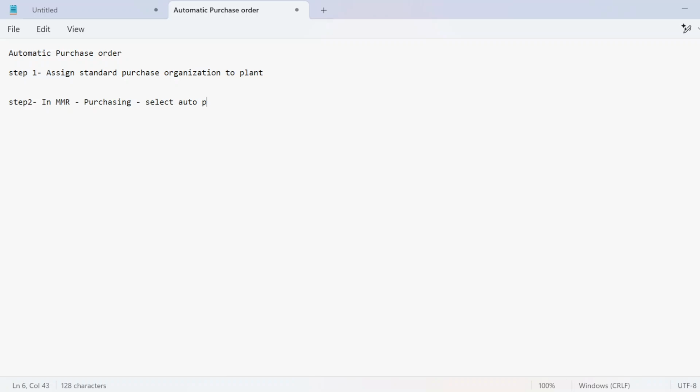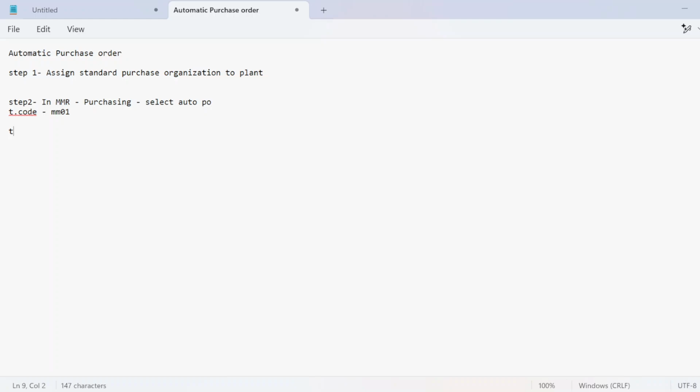So there could be two scenarios. First scenario is I'm going to create a fresh material, so I will use T code MM01, and in purchasing view, I will simply select the auto PO checkbox.